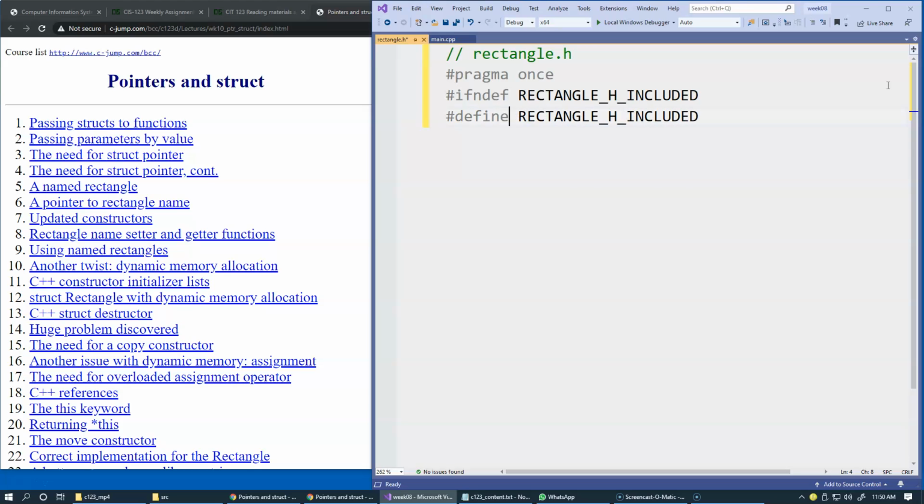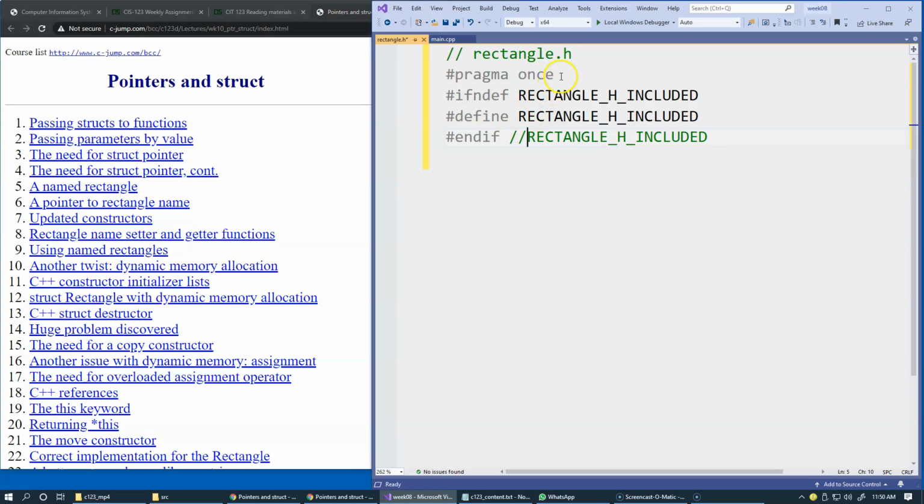Right? So this will be defined only once. And the third line, again, copy and paste the same line one more time. #ifdef requires an #endif. So these are all symbols, or directives rather, of the C++ preprocessor, which will allow us to manage the inclusion of this header file properly so that it gets included